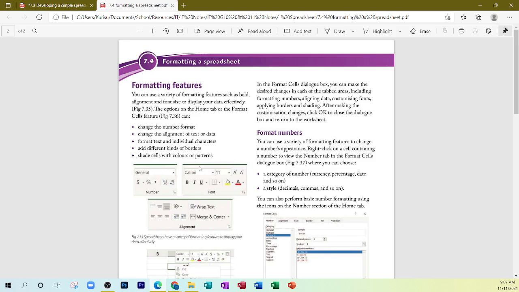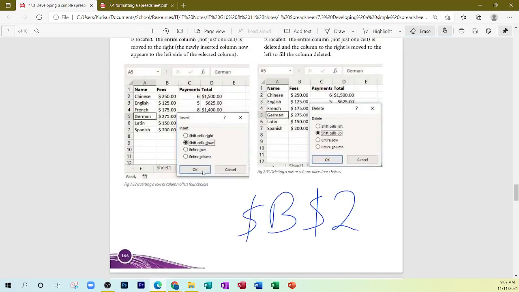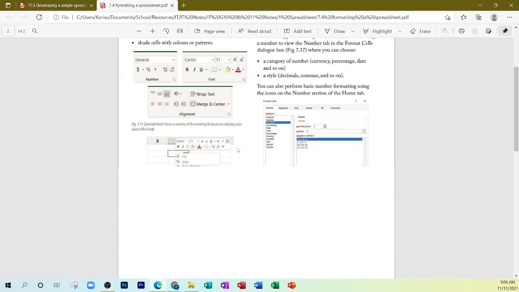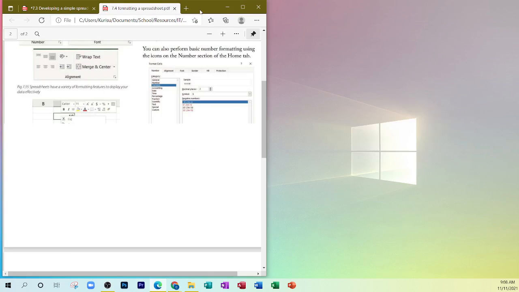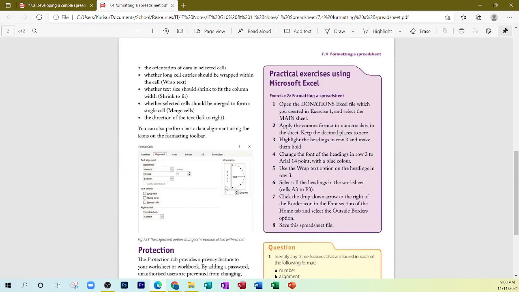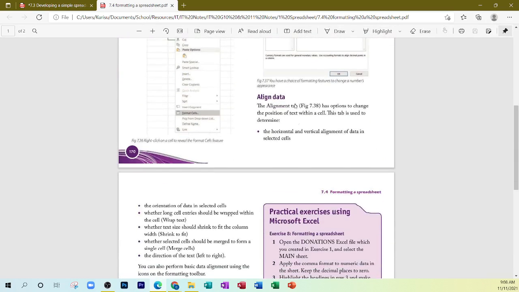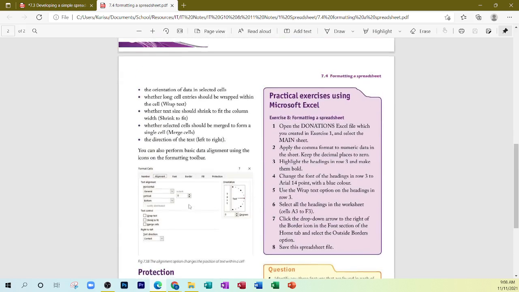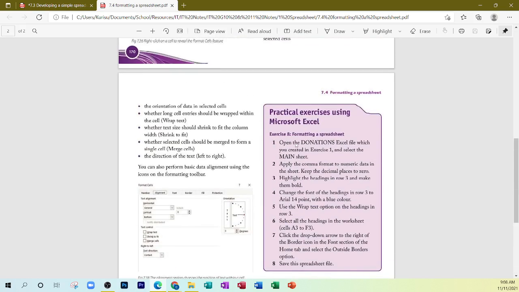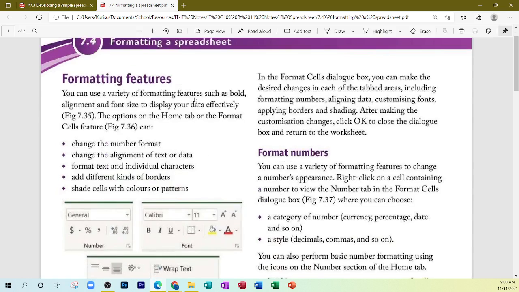All right, so today we're looking at chapter 7.4, formatting a spreadsheet. We basically looked at how to put in the data, the functions, and the formula. Now we're going to look at how to format that data: how to change the format, how to align our data, and even how to protect it. And later on, we're going to combine the rest of the exercises and have another set of presentations. So to get us started with this chapter,